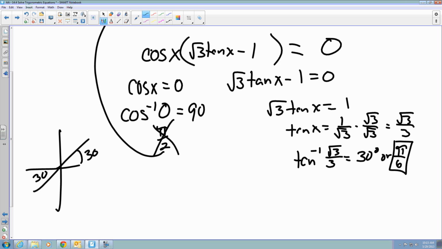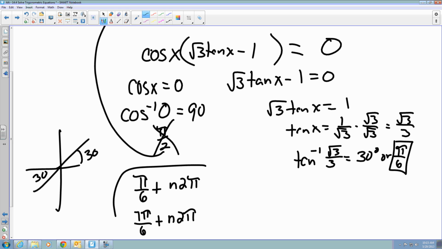So I get to have my pi over 6 plus n times 2 pi, and then I also get to have 7 pi over 6 plus n times 2 pi. So those are the answers that are going to work for this particular problem. So that's how you factor out